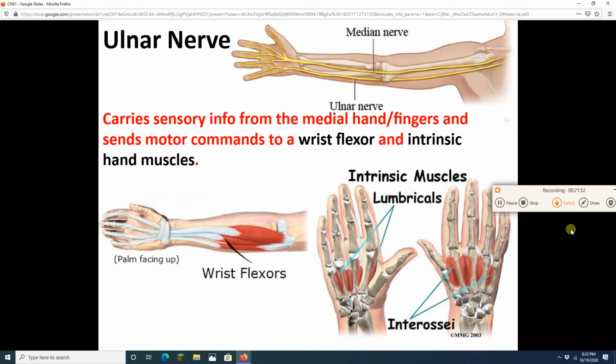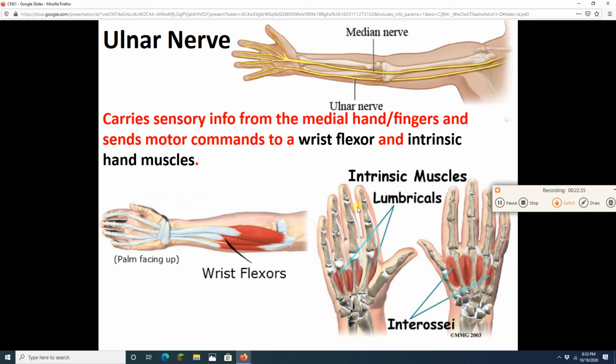All right, last up, guys. The ulnar nerve. So medial hand and fingers, motor command to a wrist flexor, as well as the intrinsic hand muscles. Intrinsic hand muscles are muscles that could keep your fingers together. Like if you were holding a pencil between your fingers, and somebody's trying to pull that pencil out, or you want gravity to make that pencil drop, your intrinsic muscles of your hand and your fingers will let you hold a pencil just between your index